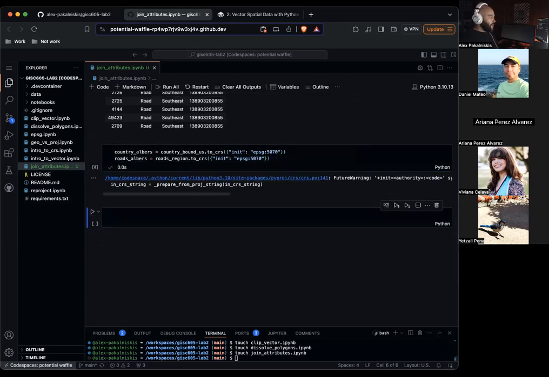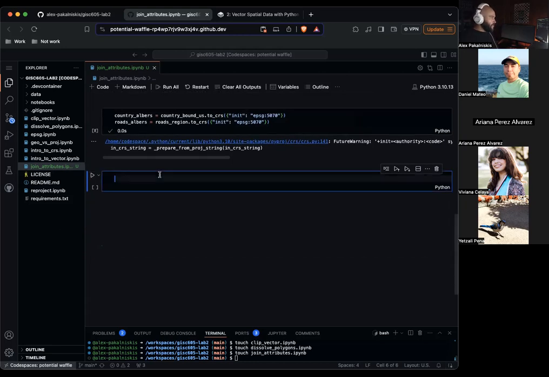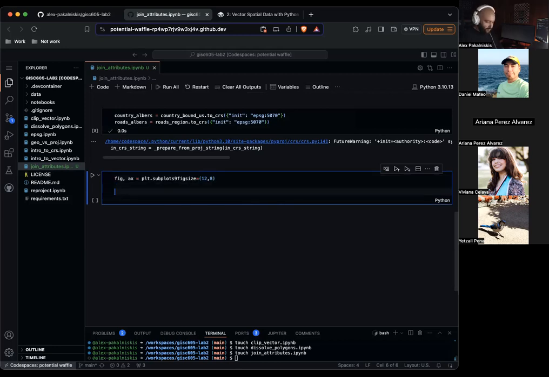Cool. Now let's actually plot this data. Fig, ax equals plt.subplots, figsize equals 12 by 8. Country_albers.plot, ax equals ax, alpha equals 1, color equals none, edgecolor equals black, zorder equals 10.